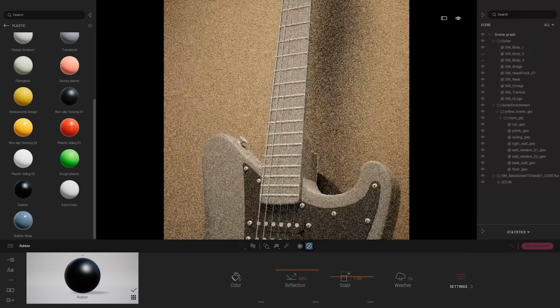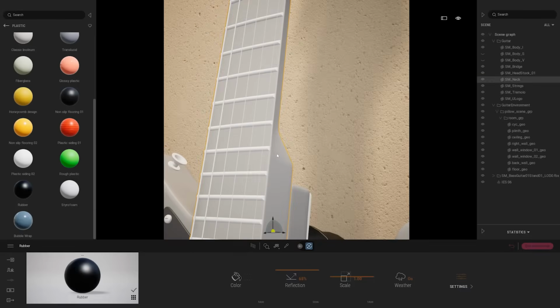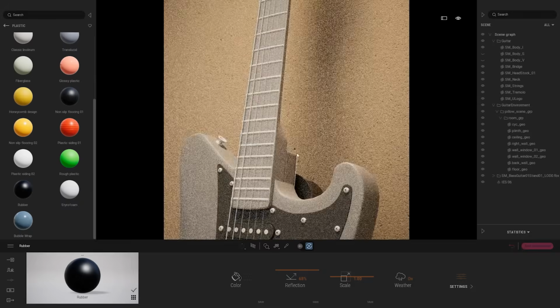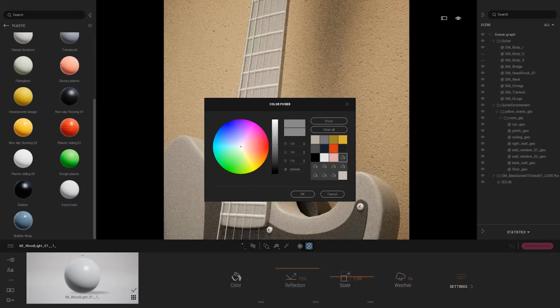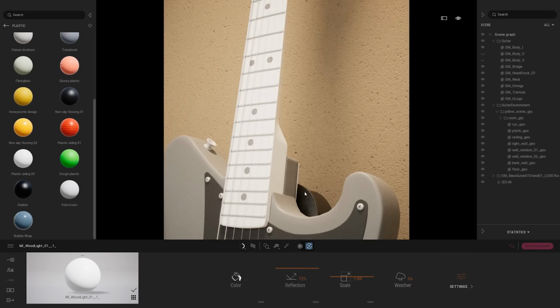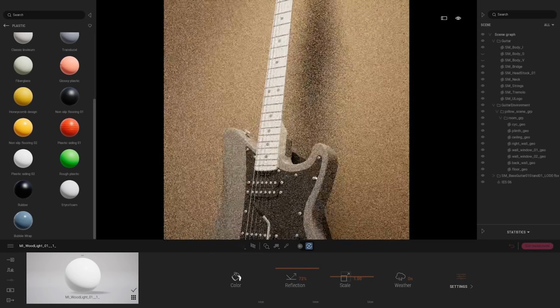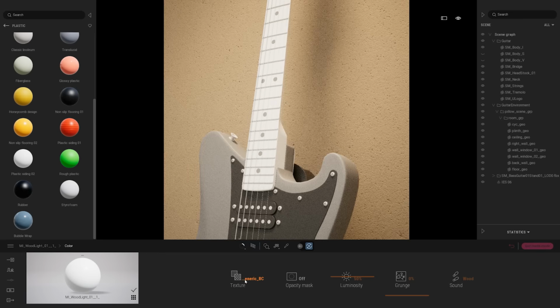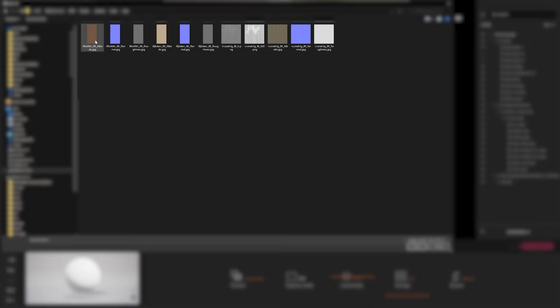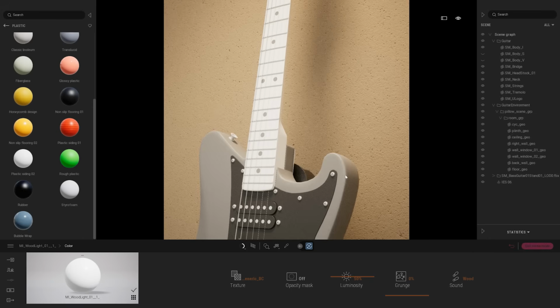So on the guitar, first we have the neck over here. On the neck we should have some nice wood. We have some inside the Twinmotion library, but I actually downloaded one from Quixel Bridge, which is a material from the Quixel Megascan library. And same thing as before, I will create that material with you. So I will first click on the map of the color to load the diffuse texture. So here I just loaded that texture,